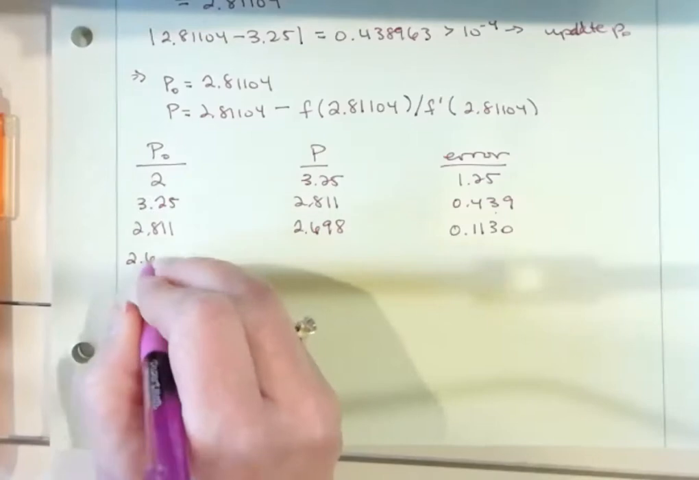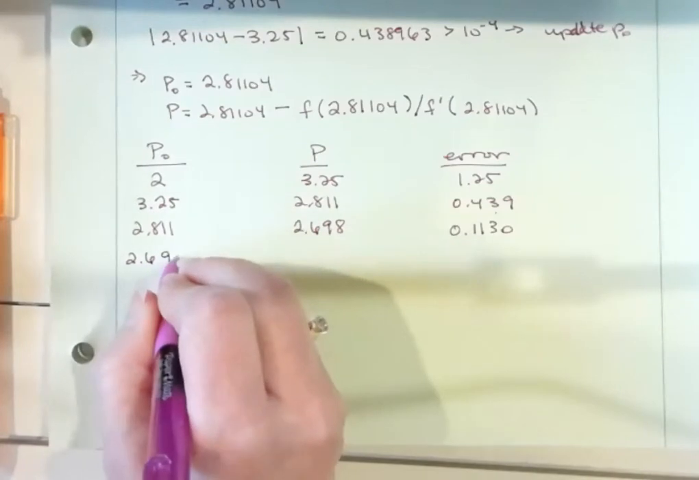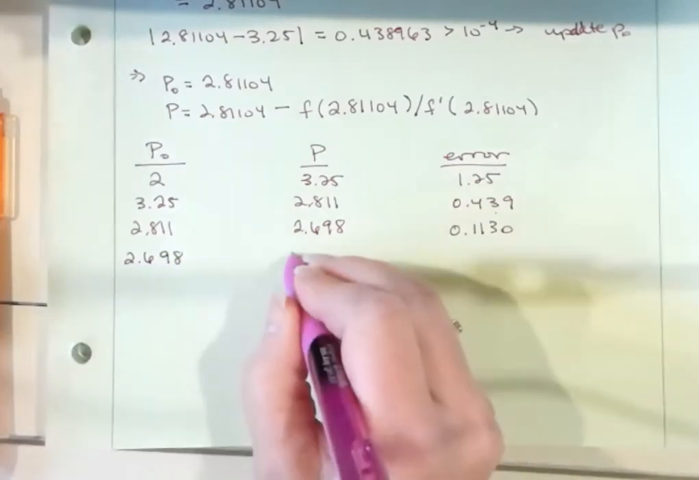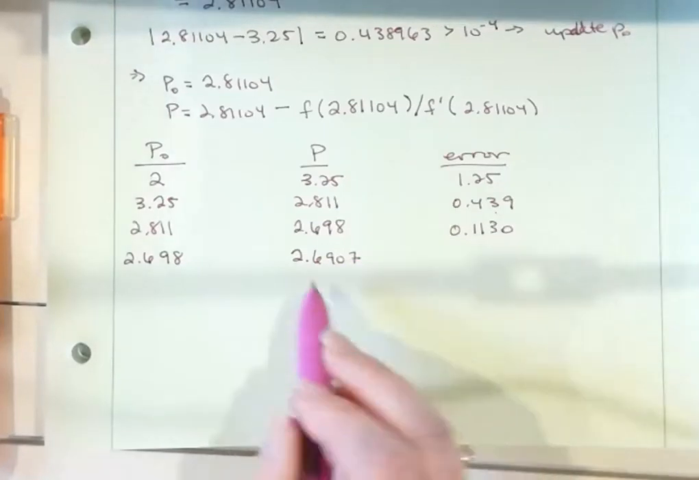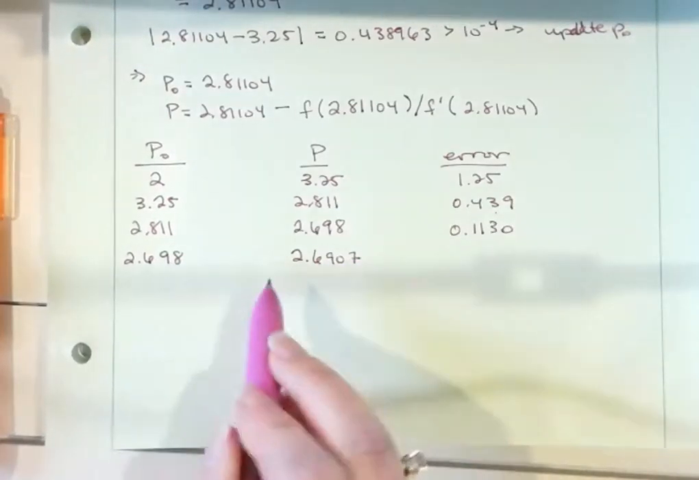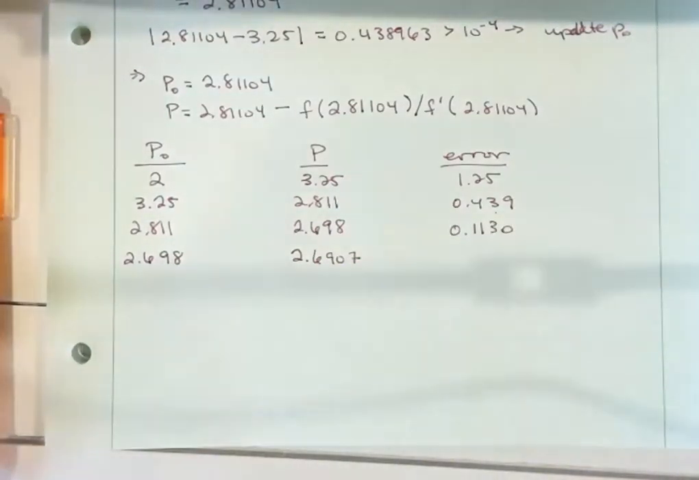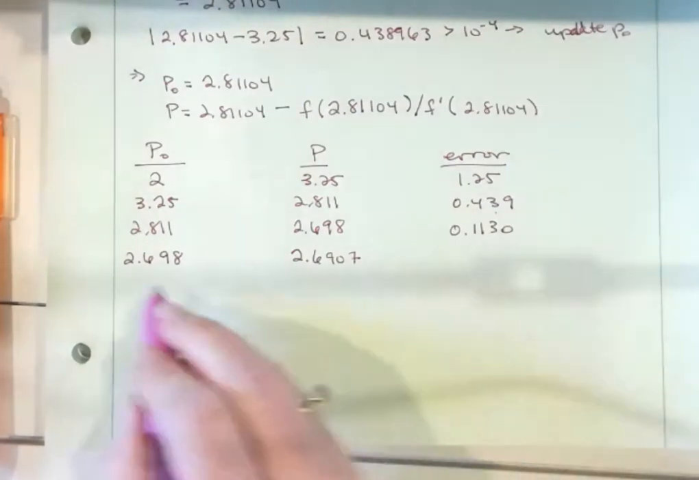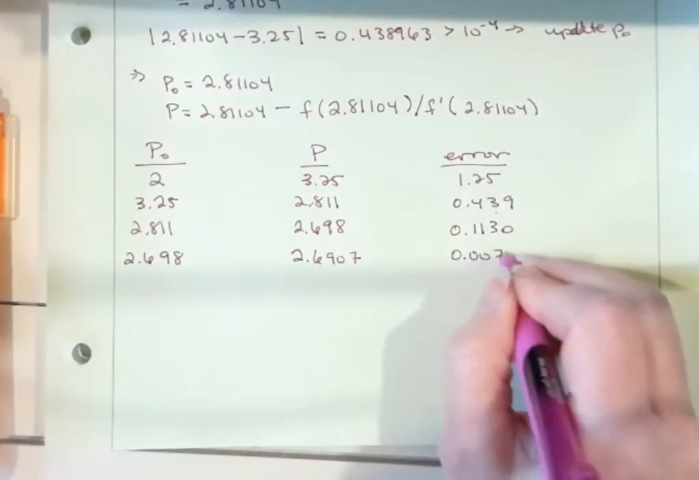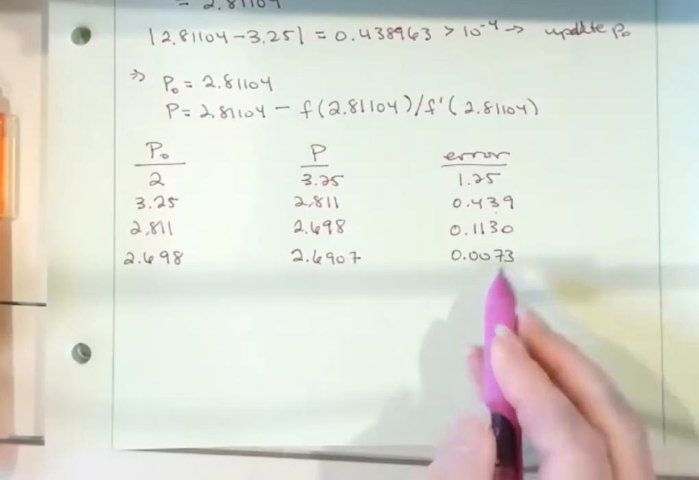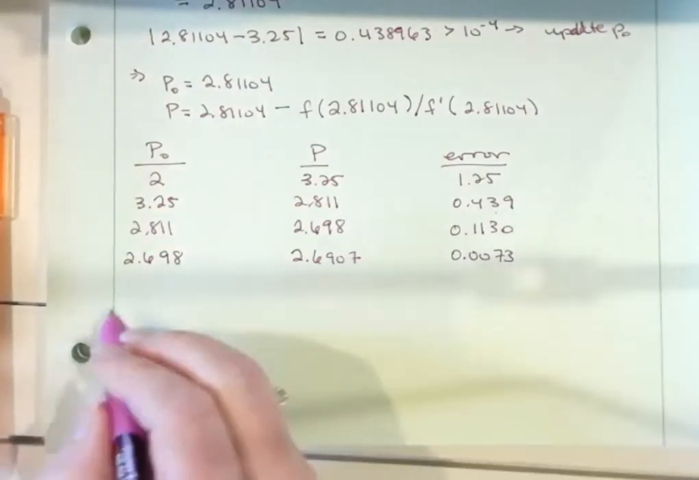So now P0 for this iteration will be 2.698, and then P will be 2.6907. So you can see these values are getting closer. All right, so those are getting closer, and then calculate the error. So you have 0.0073, still greater than tolerance. So one more time,